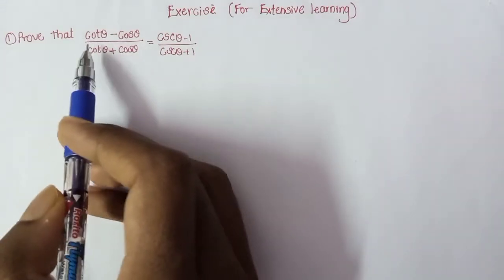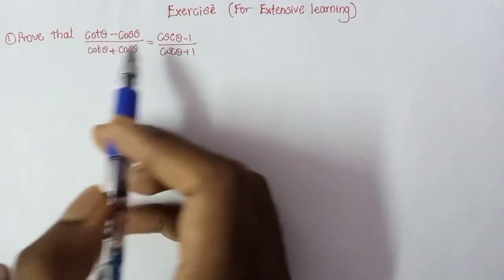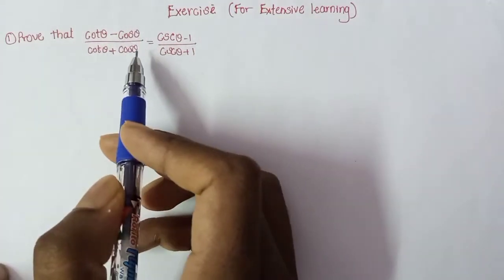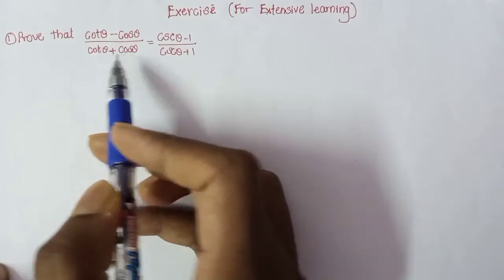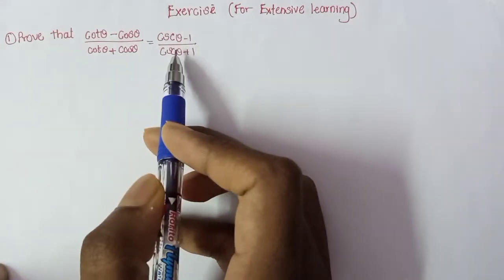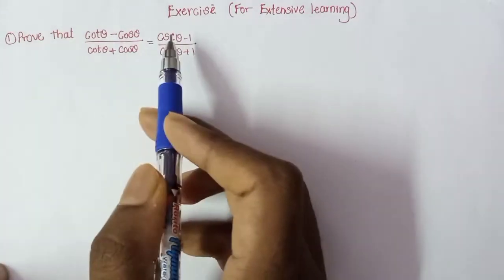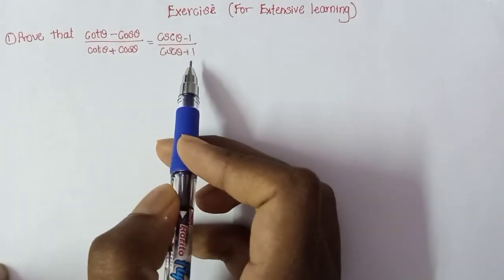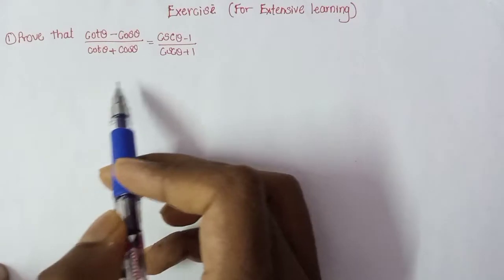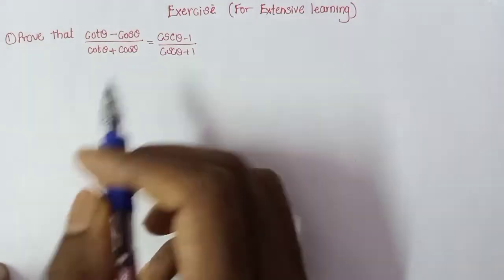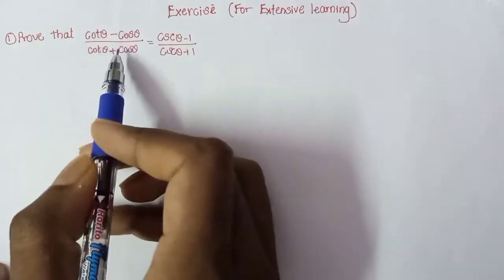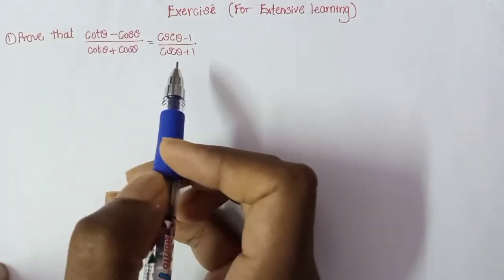If you observe, I said already, these kind of problems can be solved in two ways. That is, you take LHS and derive RHS, or you take RHS and derive LHS. The other way is to take LHS separately and RHS separately, and make sure that these two are equal. That is the second way. So in this, I take this one and I derive to get this one.